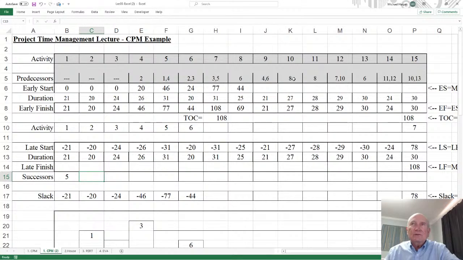And then you come across here 2. Where's all the 2s? There's a 2 there, and there's a 2 there, which is 4 and 6. So this one is 4, 6. Okay, and then 3. Where's a 3? There's a 3 and there's a 3. Aha. Any other 3s? No. So 6 and 7 right here. Okay. And then 4. There's a 4 here, which is a 5. 4 here, which has a 9. So it's 5 and 9. So once you get all these successors in here,